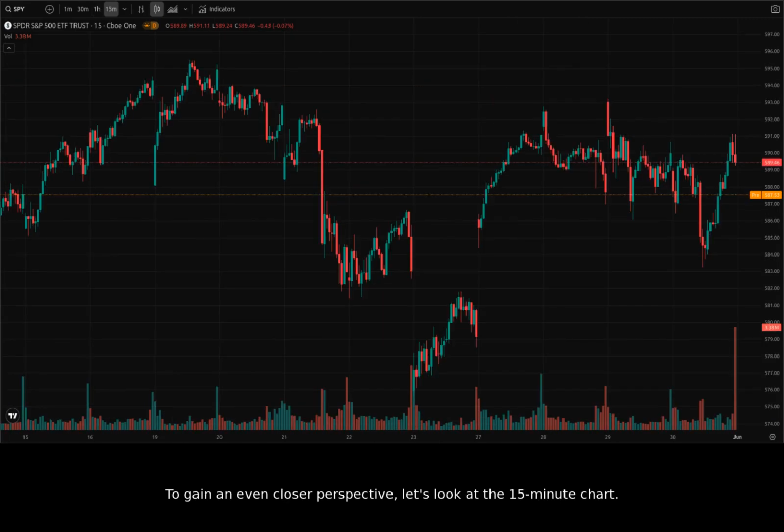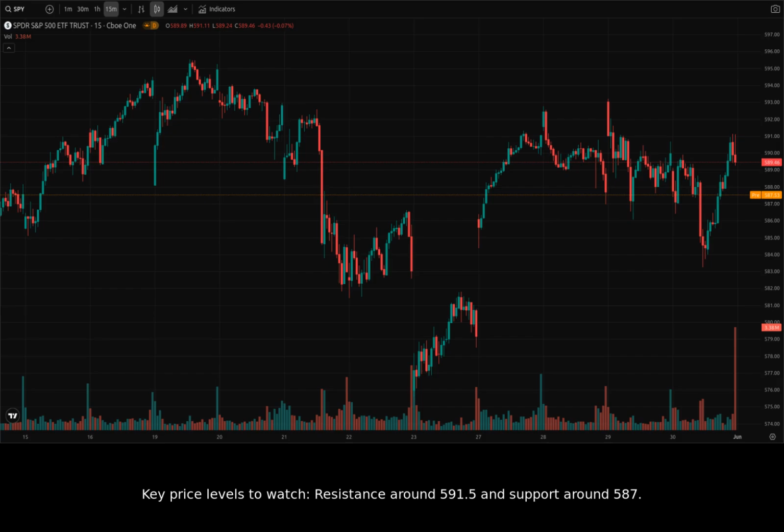To gain an even closer perspective, let's look at the 15-minute chart. The 15-minute chart shows very recent consolidation and chop. We need to pay attention to this time frame to see when and how it breaks through one way or the other. Key price levels to watch: resistance around